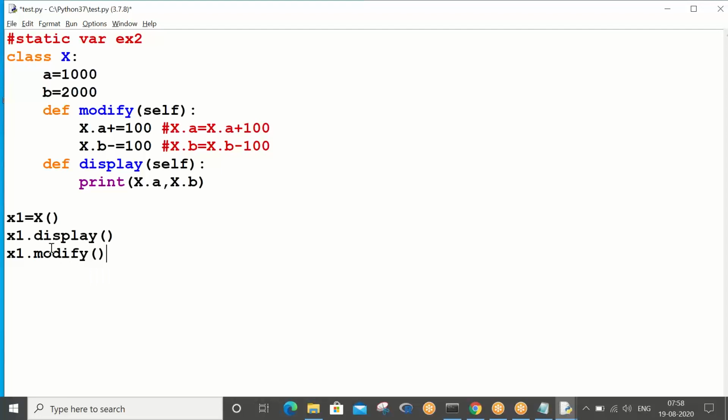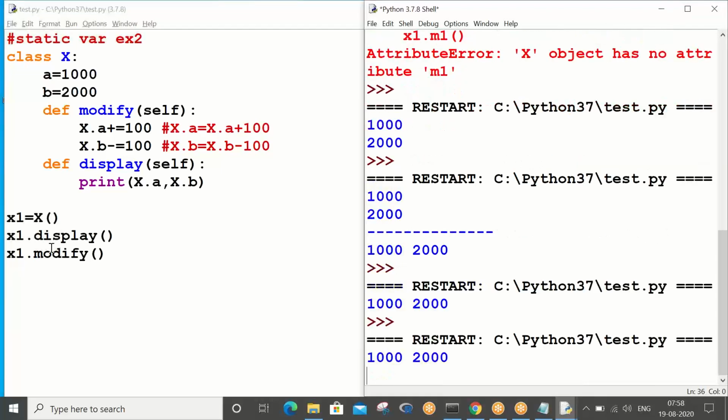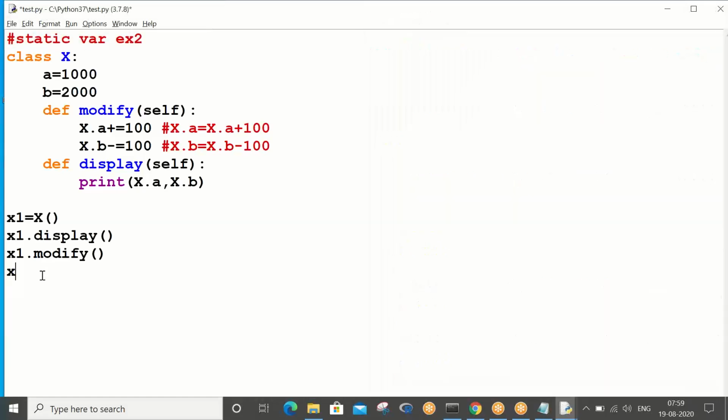When I execute this, what happens? Nothing will happen, sir. It will display the same 1000 and 2000 only, but internally the A and B values would have been modified with plus 100 and minus 100 respectively. Am I right? Because we have executed the modify method, it edited those two variable values.